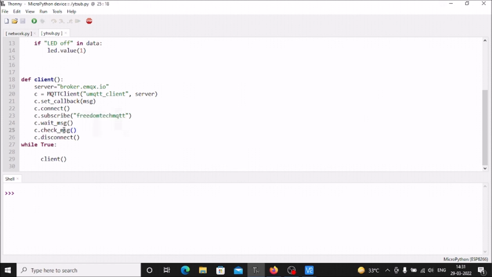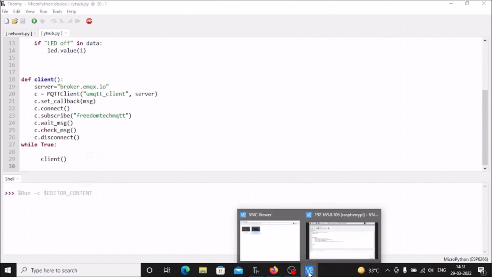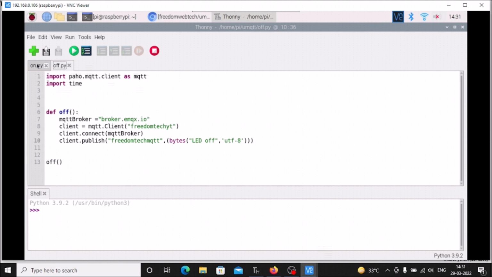Then it will wait for the message, then it will check the message, then it will disconnect. And while true loop, and we need to call our client function. That's it. Now simply we are ready and we are going to run our subscriber. So simply run the code. We are ready. Now I am going to send the message from our Raspberry Pi 4. So we need to open first on.py, just run the code,